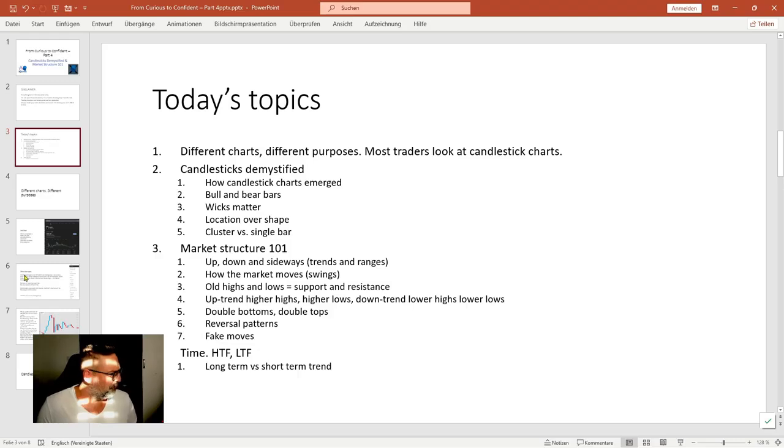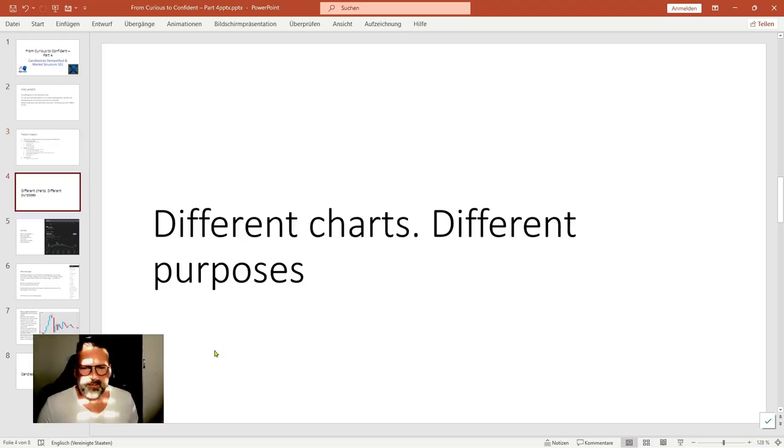So let's start with charts, right? Traders use charts. So maybe one sentence before that. So you have probably heard of, or